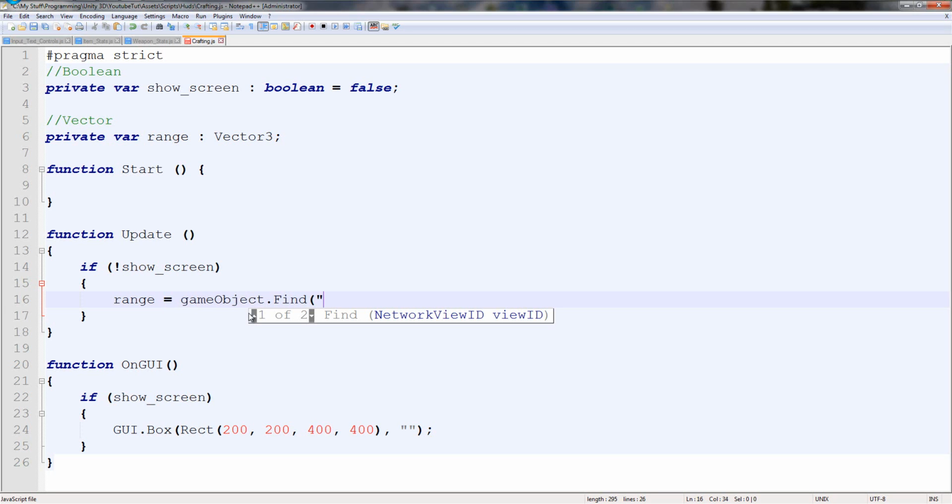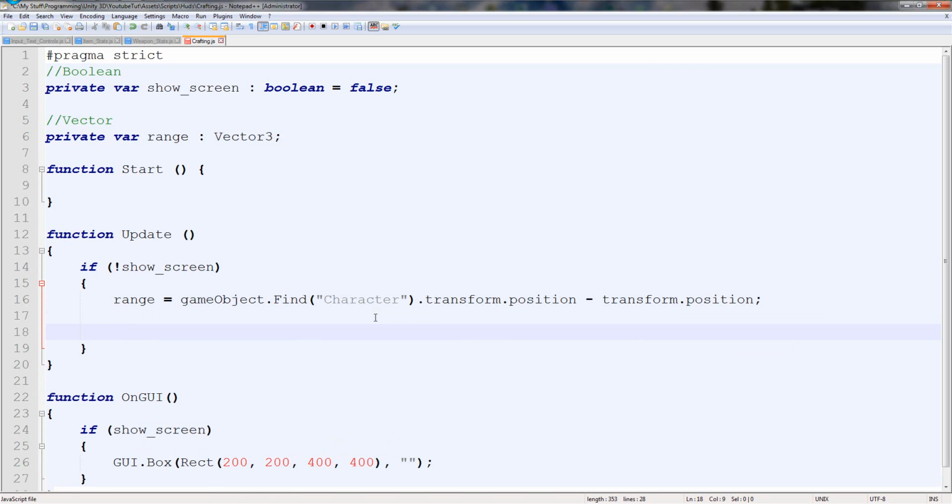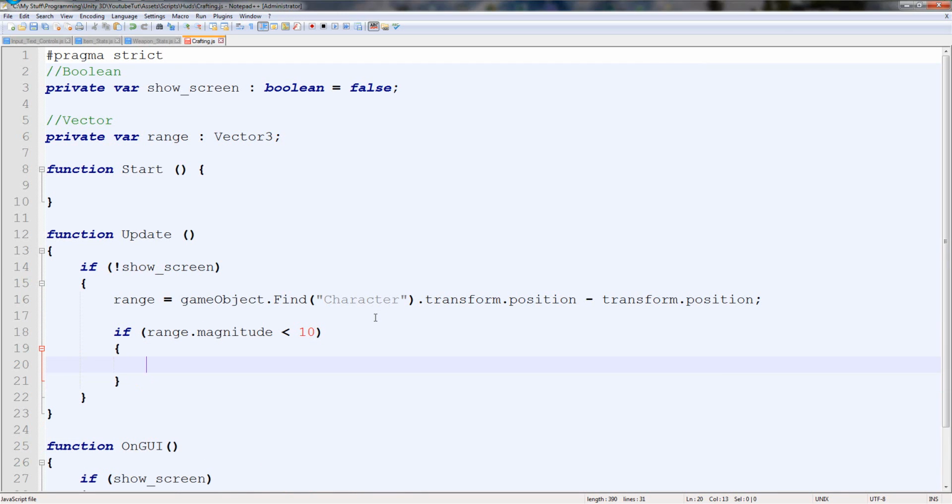GameObject.Find. So we're searching for an object. If you're on C#, capital G, and character.transform.position. So we're getting the character's exact position with that, and then we're going to take it away from the current position just by typing transform.position. So that's taken it away, and then using magnitude we can tell the distance between them. So if we type if range.magnitude is less than, and this is where we're going to start showing the press this to open. So we'll say if it's less than 10, so they're in range of it, then in here